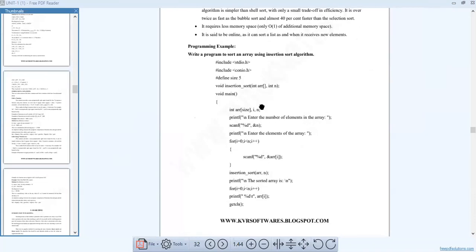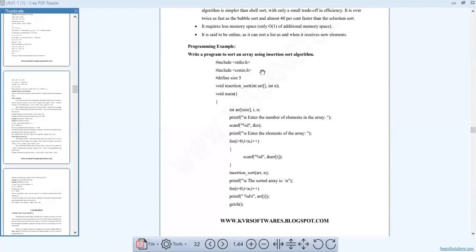Okay, come to the program. The program is important. Already the size is declared here, defined as size 5, some size.